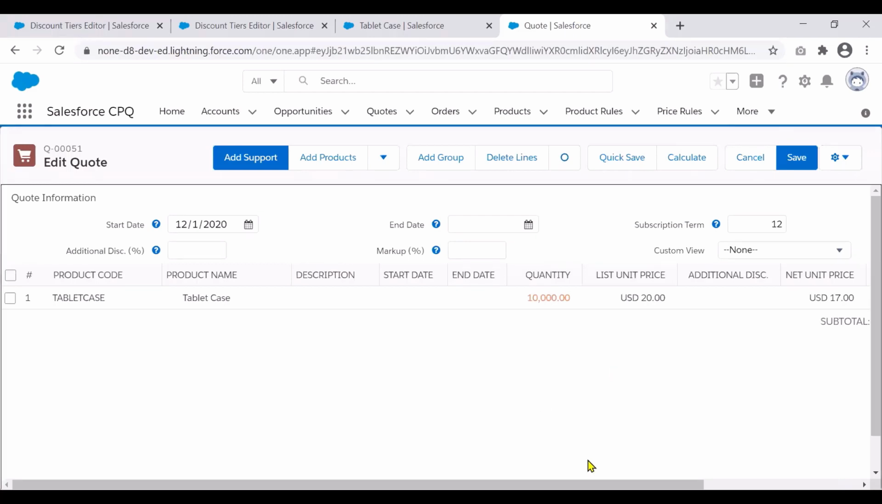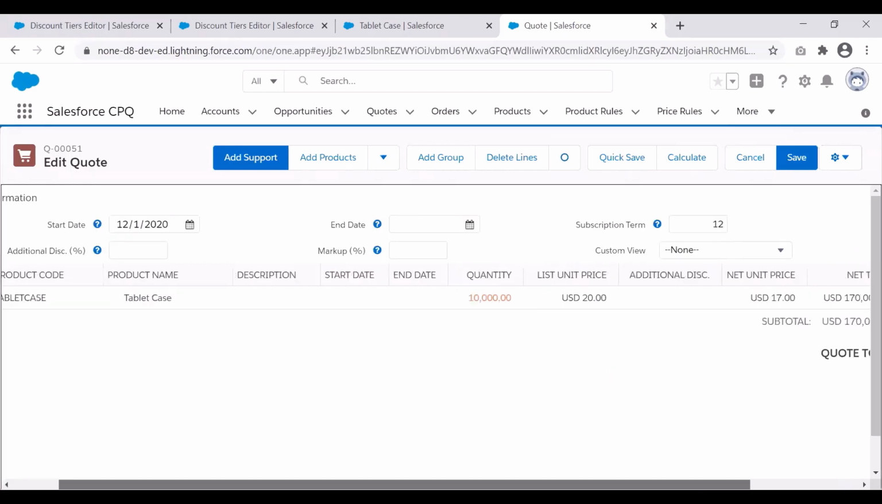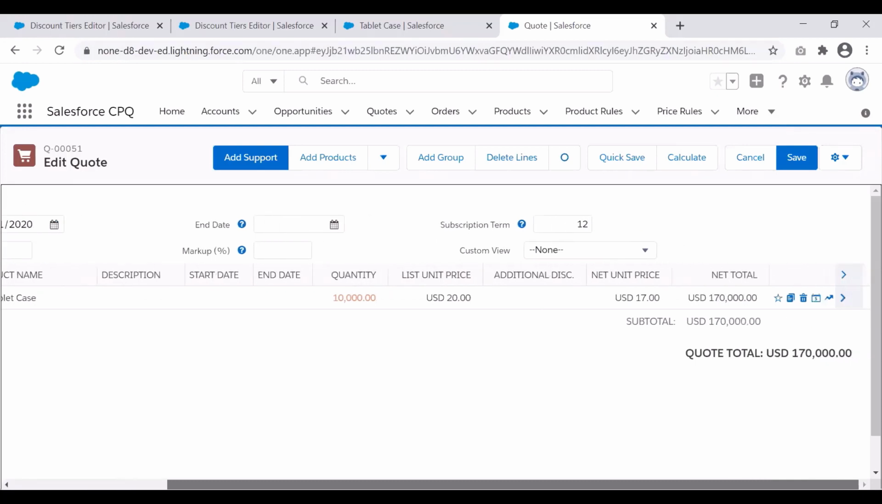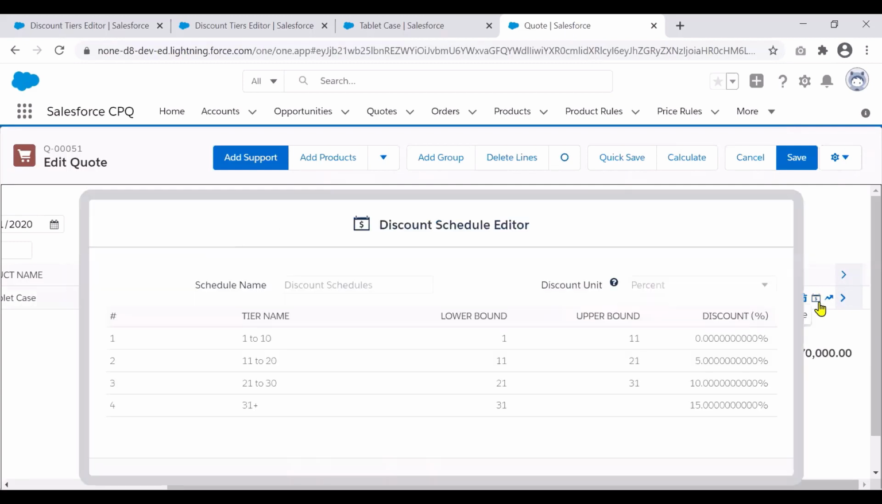As I was showing this, if I scroll to that quote line to the right side, we're familiar with some of the icons here as part of the quote line editor video series. You'll see there's an additional icon here which shows you that this particular quote line has a discount schedule associated with it, and it shows you what are the tiers and what are the lower and upper bounds. This is again a quick check for the sales rep. When they are quoting this particular product, they know where they can negotiate with the customer to purchase a